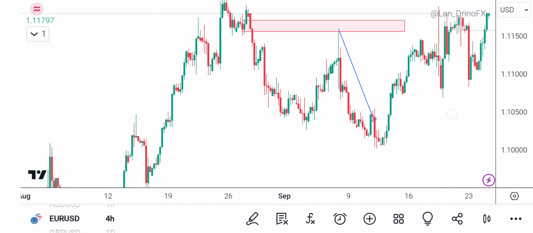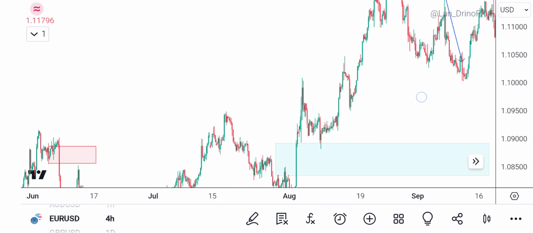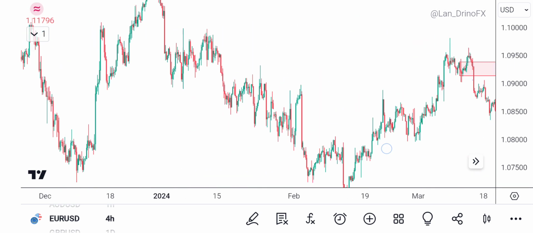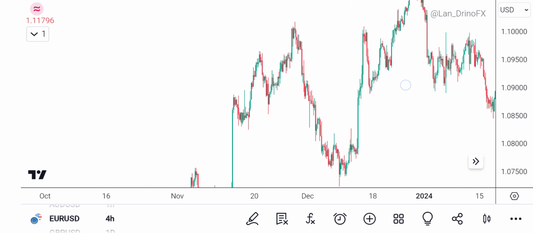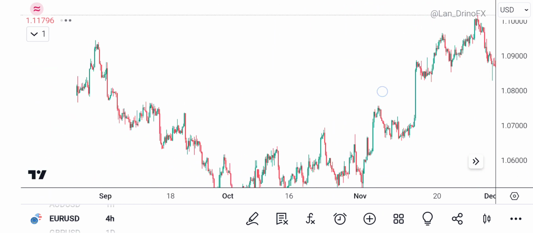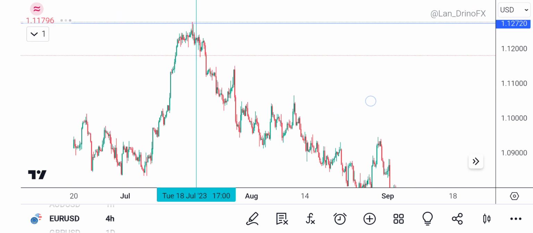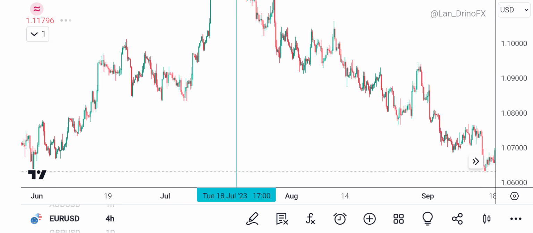This is the bearish one. You can go over your charts and just try to see if you can spot things like this, okay? If you don't see it on Euro USD, you can check GBP USD. If you don't see it on AUD USD, check all the currency pairs. And if you don't see it on the 4-hour time frame, you can go to the 1-hour time frame also,